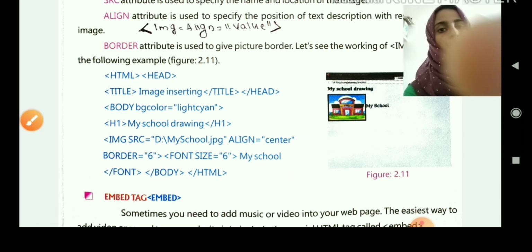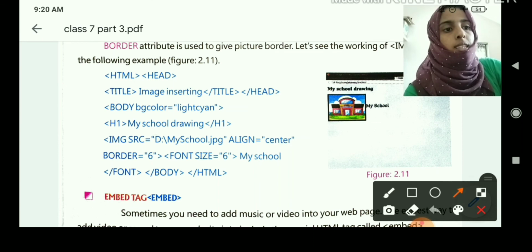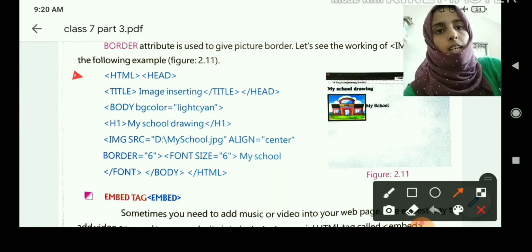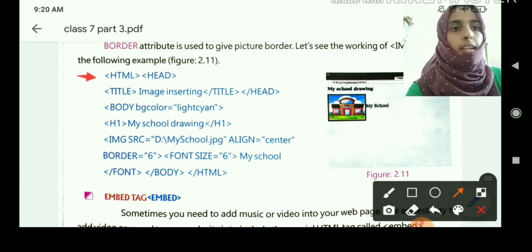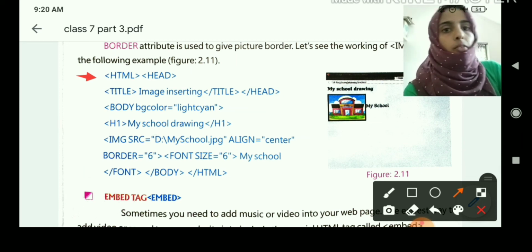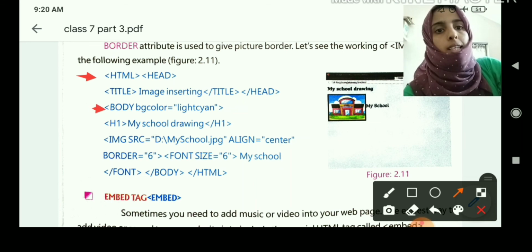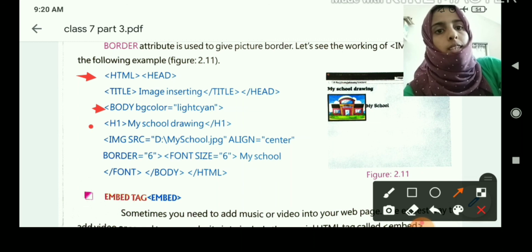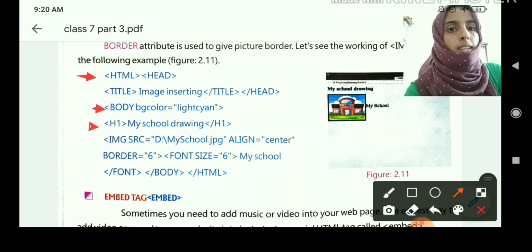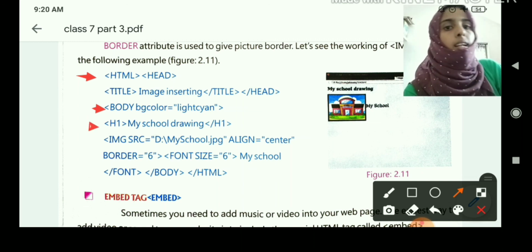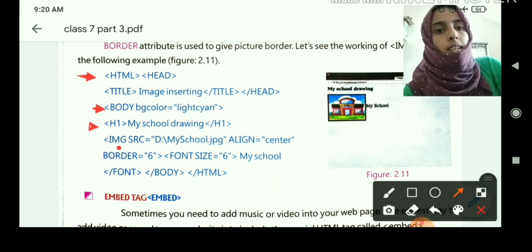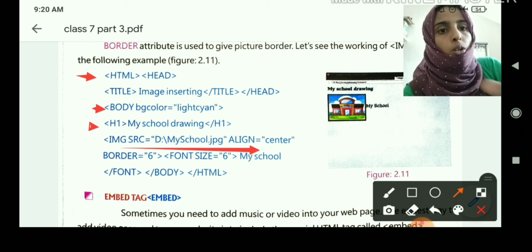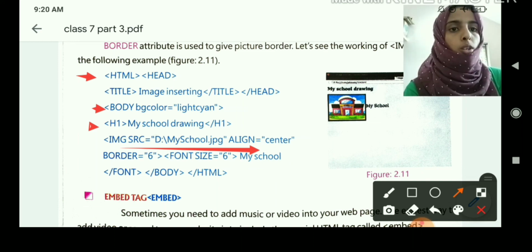Okay, as usual, HTML starts with the HTML tag, then head, then title, that is image inserting. Then we are giving the body bgcolor light cyan. The H1 tag is used for the heading, that is my school drawing. Then you can see img src equal to sd myschool.jpg.